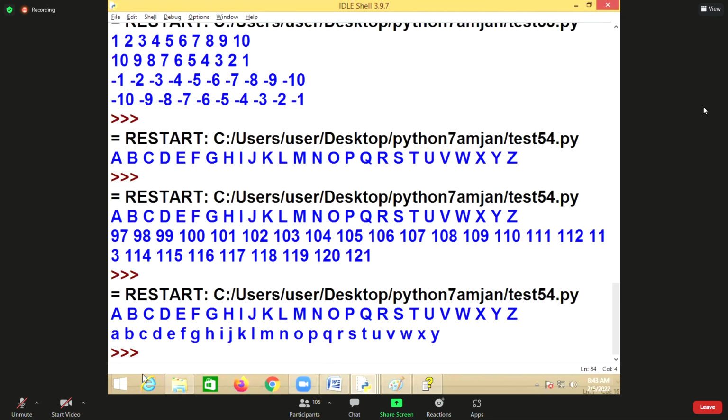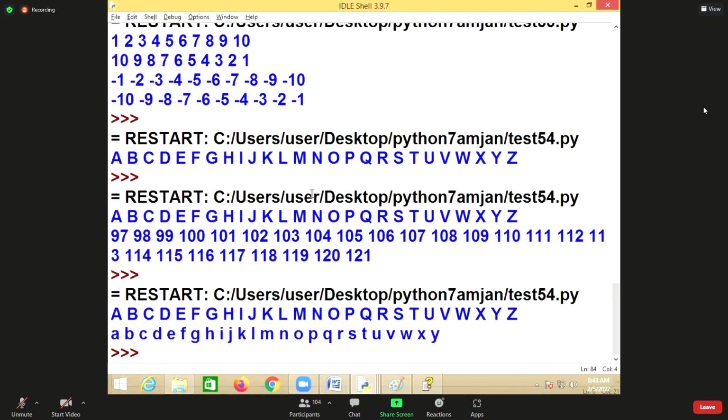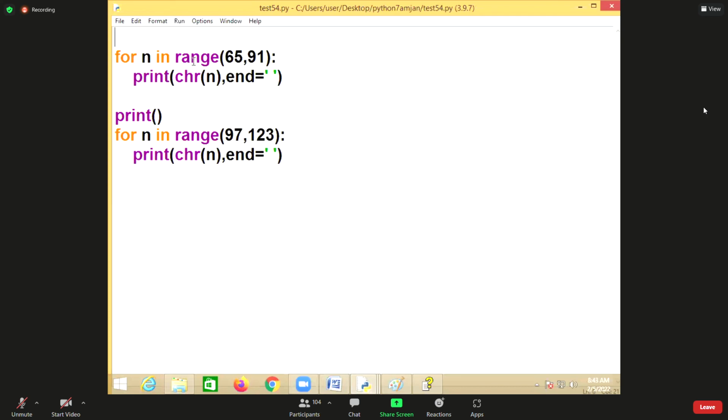You can see from small a to what? 122 should be included, right? So small a to z. That is the alphabets in lowercase, and those are the alphabets in uppercase. This is just to understand, right?